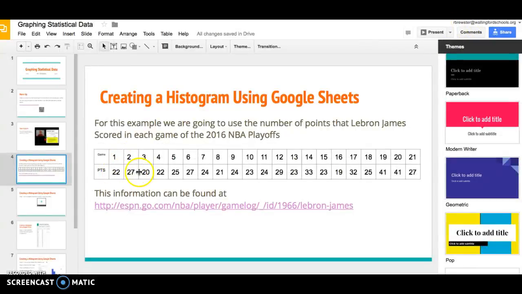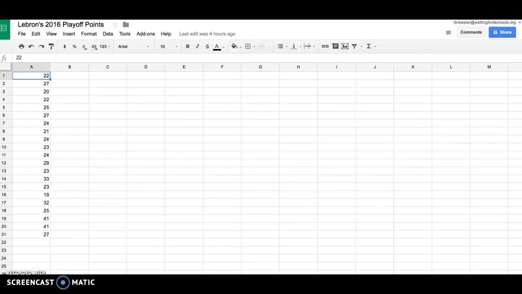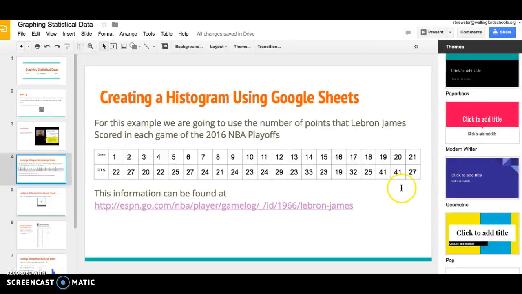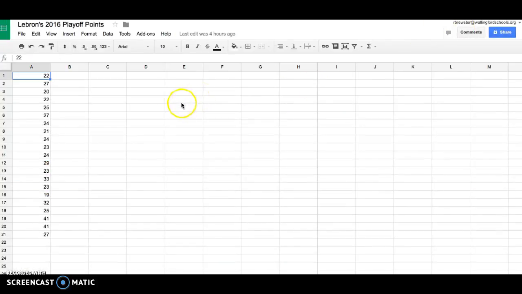So like 22, 27, 20. You can see right here, 22, 27, 20. And I went straight down to the 41, 41, and then the 27 in the final game of the playoffs, which you can see right over here. Okay, so this is the first step that you're going to take: